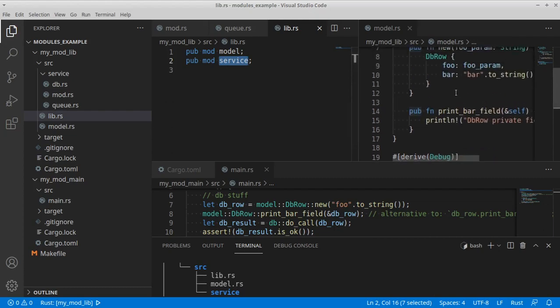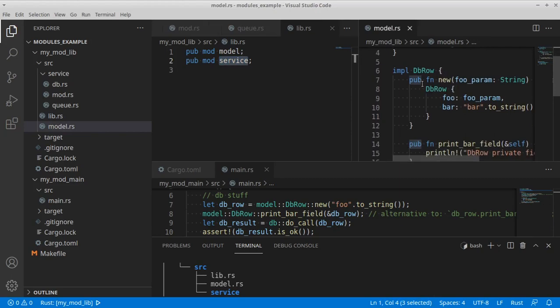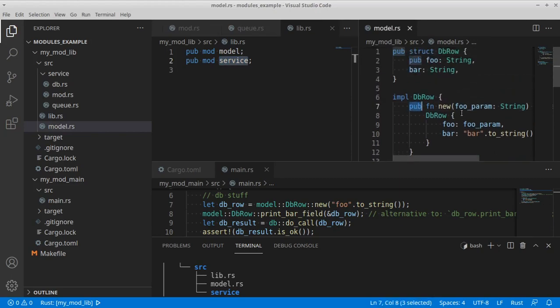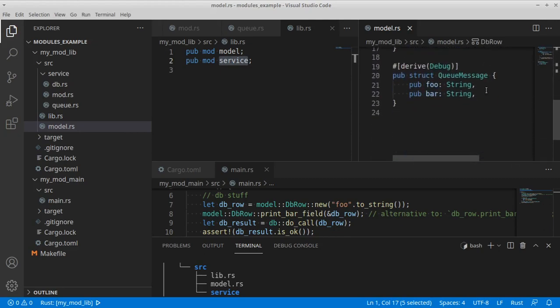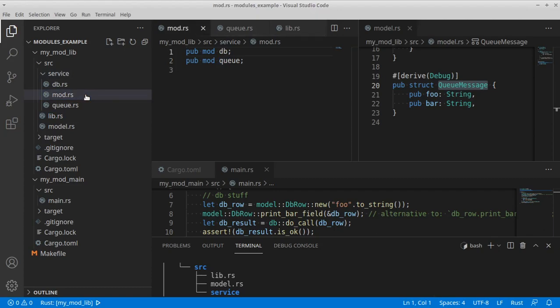So in model, we have a public structure. We have some traits with public functions that interact with this structure of type db row. And then we have a public structure called queueMessage. Our service module is actually a directory in our myModelib project. And in here, by convention, we have a mod.rs file, which is exposing as public two other modules, the db module